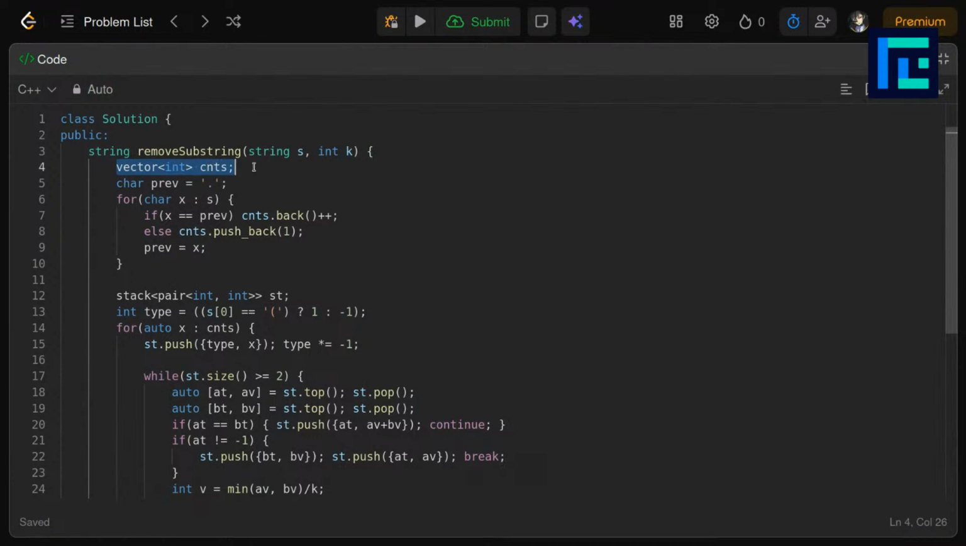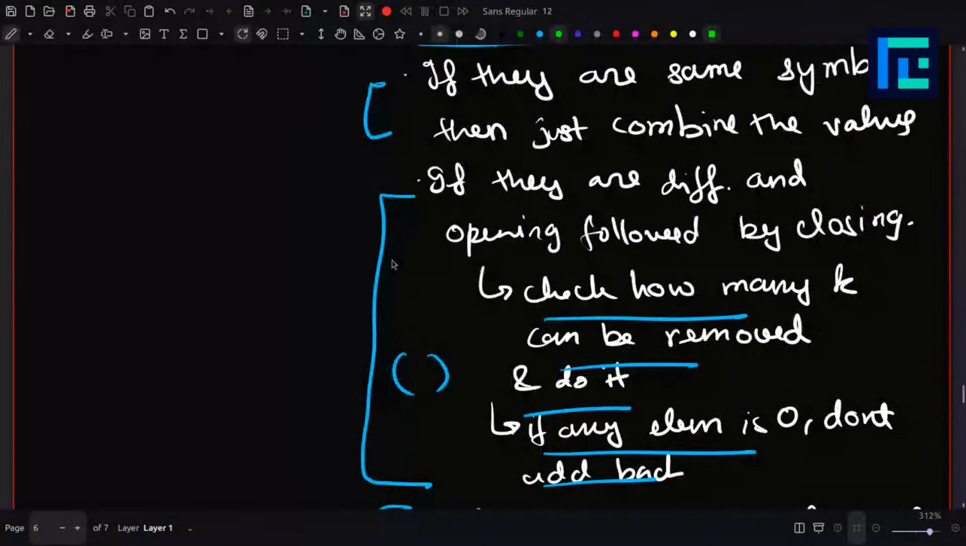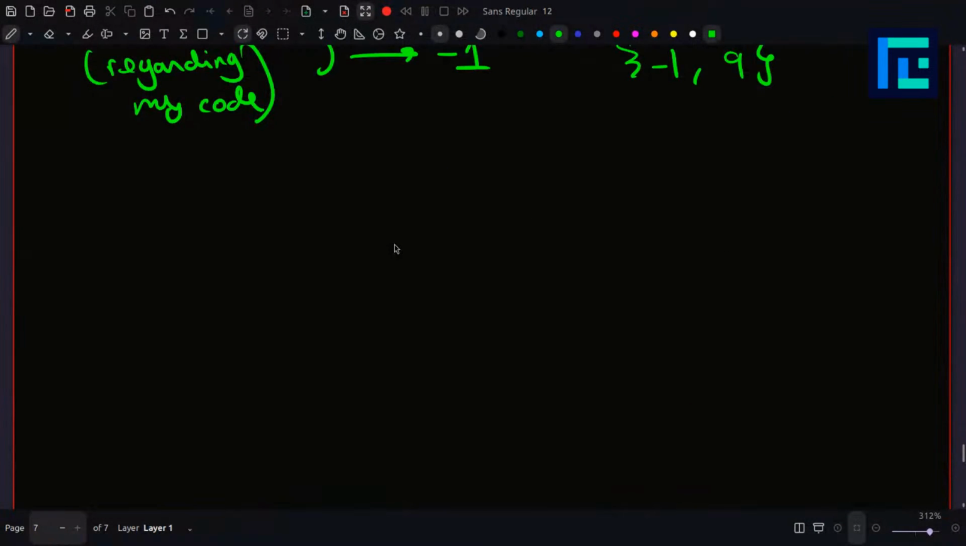Okay, so here we have the counts of each element. Counts basically means counts of opening followed by closing, etc. So basically what it's doing is, if the current element is equal to the previous element, it will increase the count. Otherwise, it will add a new count. So it's going to take a string which looks like this,